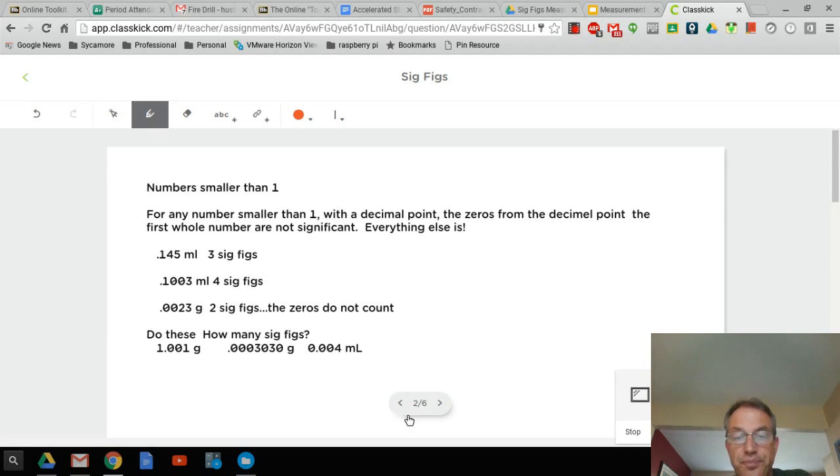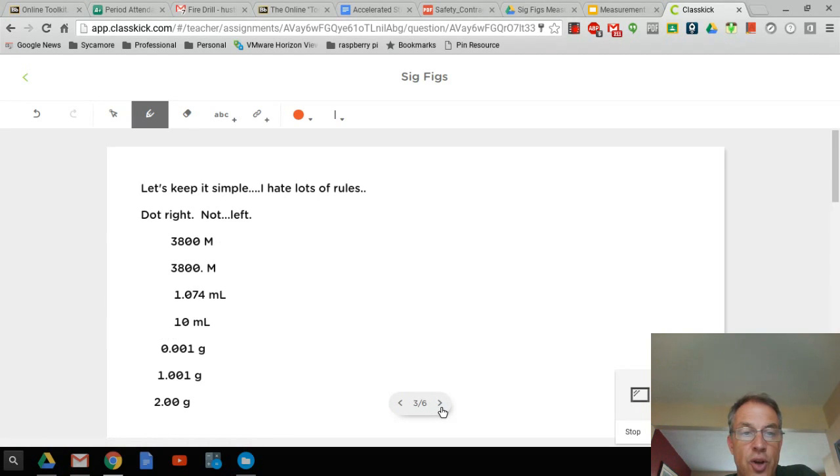Okay, so next, we need to look at, okay, this is kind of nice, and I actually stole this from Geyer. I don't like lots of rules, and he came up with a simple idea. And this is really kind of cool. It says dot right, not left. Okay, so how does this work? For any one of these right here,